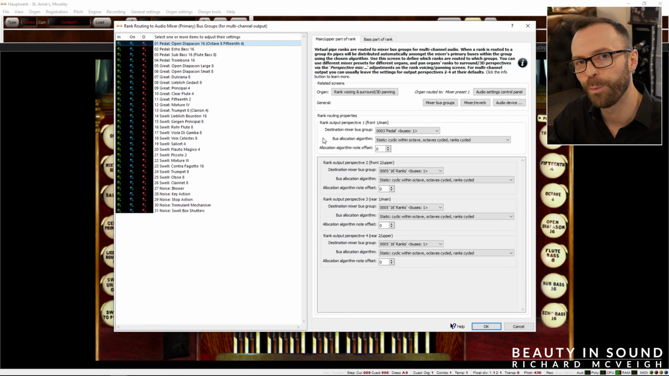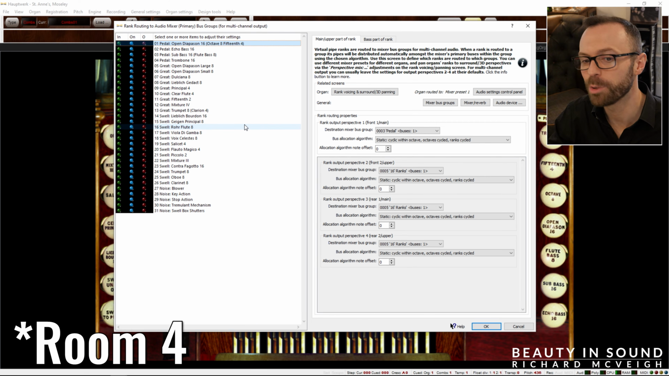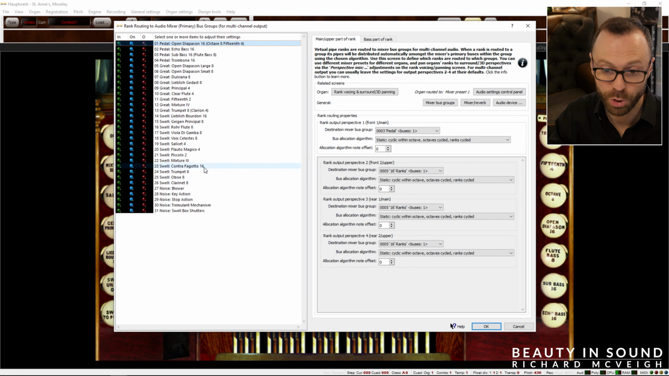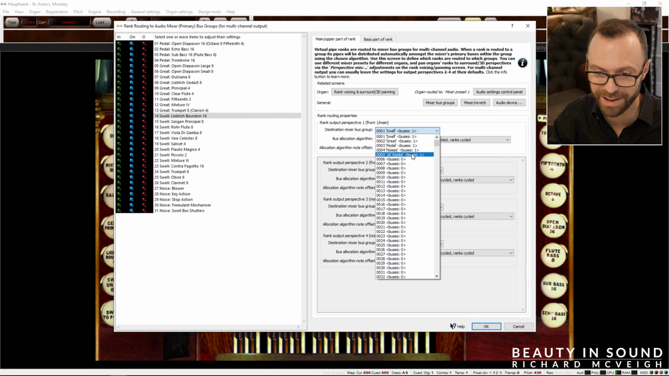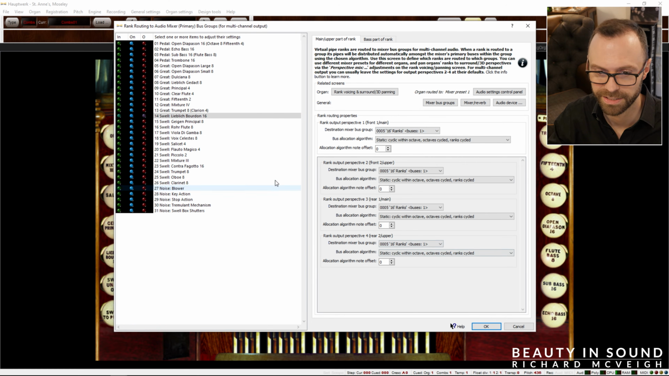Go back into room number 1, rank routing, and then choose the manual 16-foot stops. I'm not going to choose a swell reed actually, I'm going to leave that with the other reeds. So it's actually the only stop is the swell, isn't it? So let's now go to the swell lead lick board and choose the perspective as 16-foot ranks, and just make